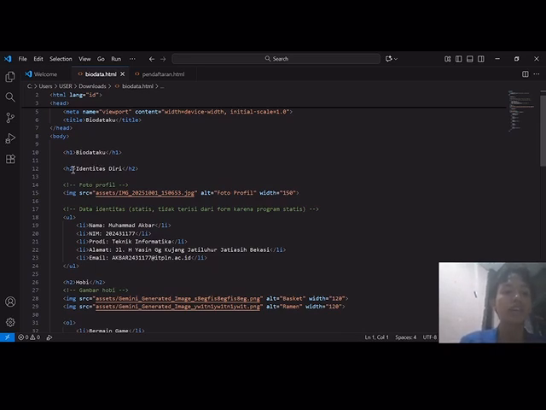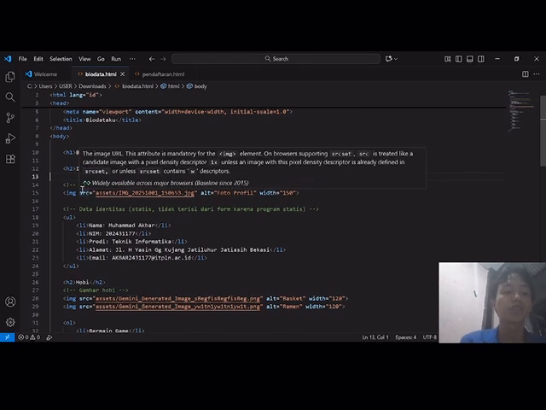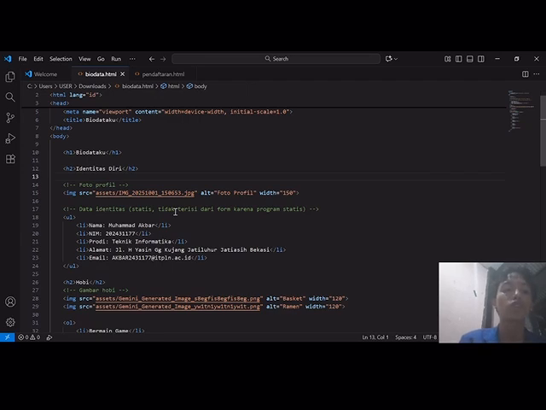and the subheading personal identity to structure the information. Below it is an image element used to display the profile photo with the source attribute indicating the image file location, alternative text if the image is not visible, and width to set the image width. Next, there is a comment stating the identity of the creator.